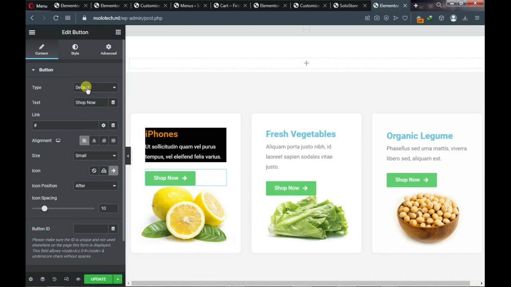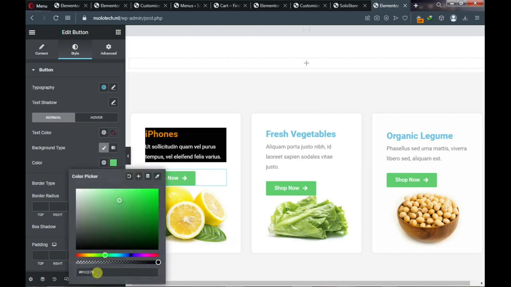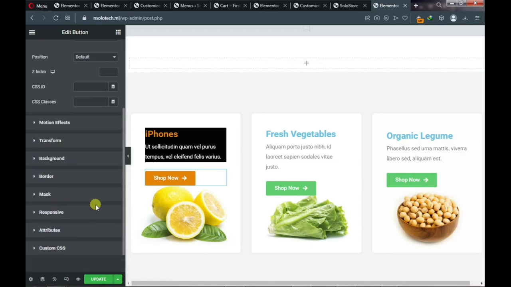Now click on style, and our background color will be something like this. Perfect. Now the next thing is to upload our image. So this image, we need to change it. To do so,